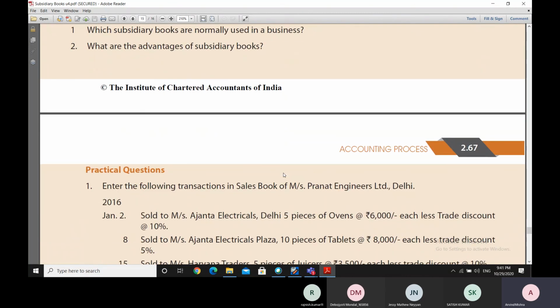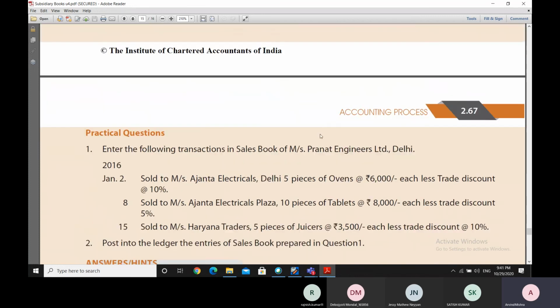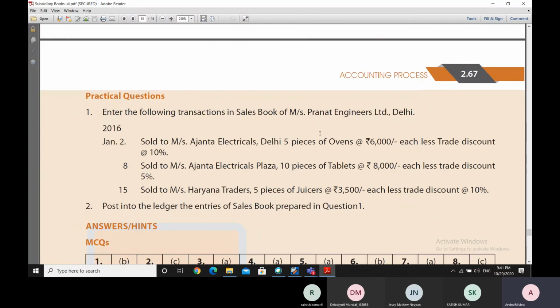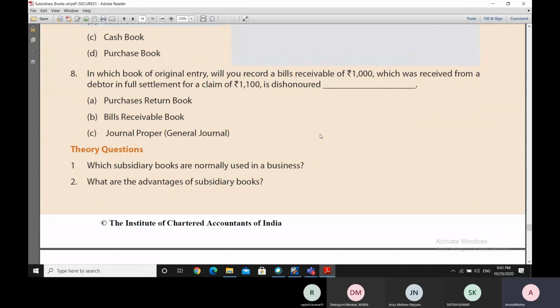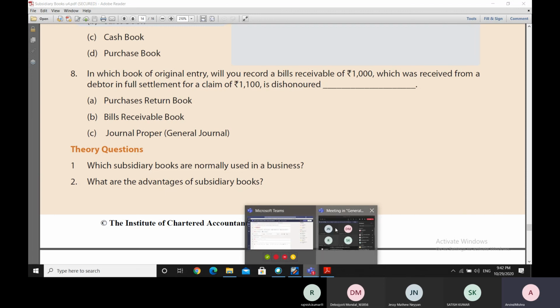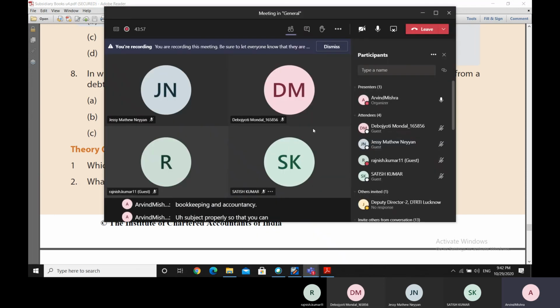So with that, we have come to the end of subsidiary books part 2. Please try out the practical questions and the theoretical questions, and of course the MCQs also. We have also prepared MCQs for this topic and we'll be delivering them to you. So kindly, it's a request that please prepare your bookkeeping and accountancy subject properly so that you can attempt the questions also